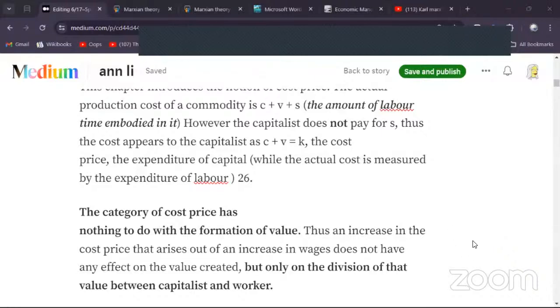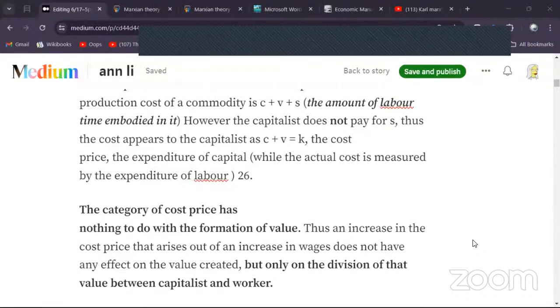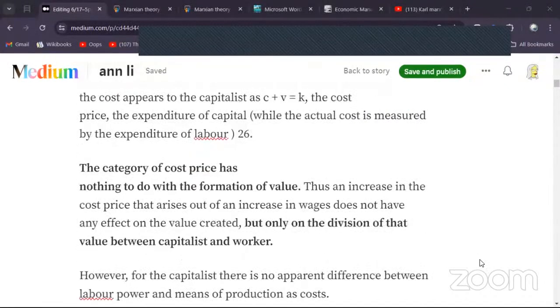Thus, an increase in the cost price that arises out of an increase in wages should not have any effect on the value created, but only on the division of that value between capitalist and worker. So wages are one way of looking at it, but